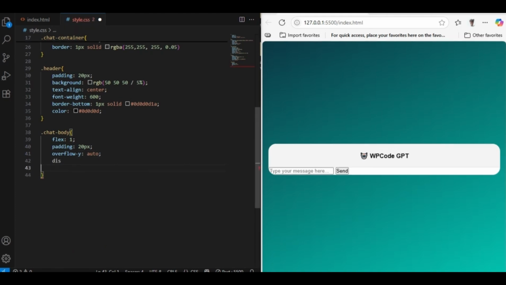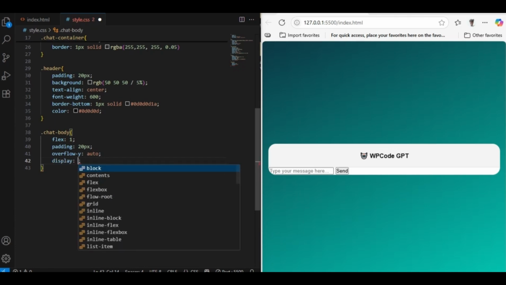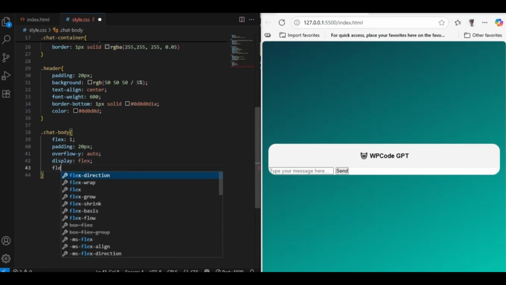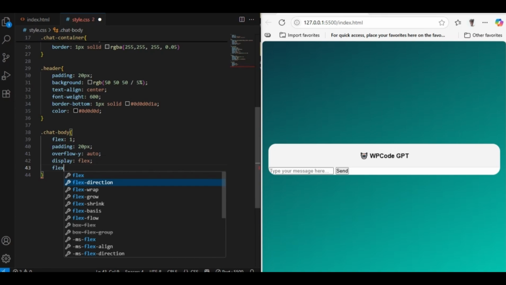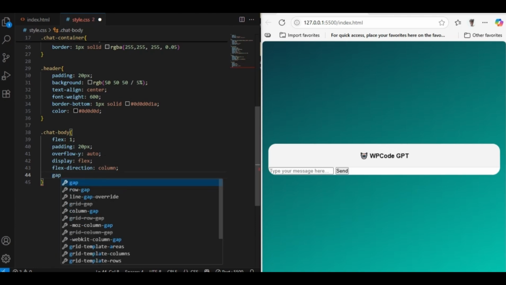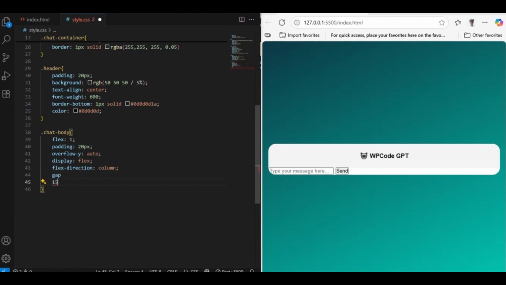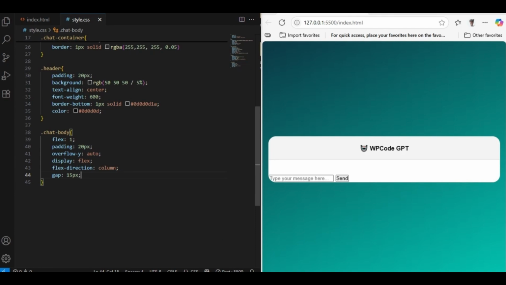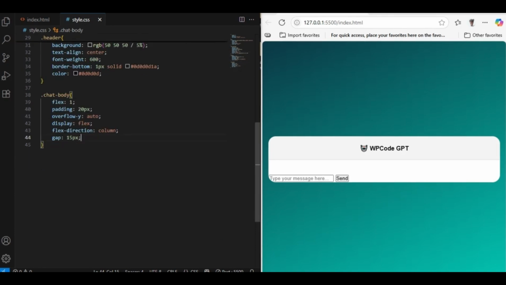Display, we're gonna tell here flex, and flex direction here will be also column, and gap we should take here 15 pixel gap. So now body is already completed, and in the next time we're gonna